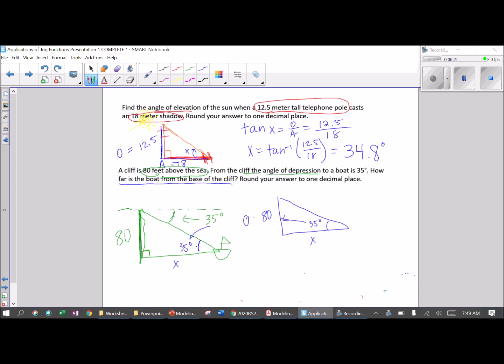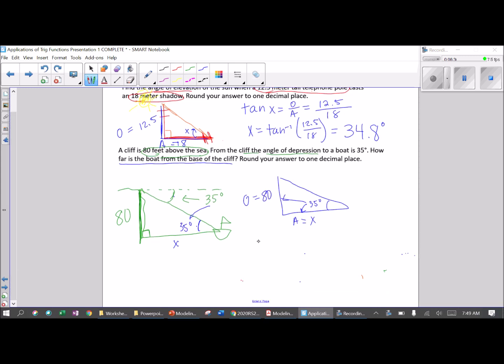All right, 80 is our opposite. x is our adjacent. The trig function we would use is tangent of 35 equals opposite over adjacent, which is 80 over x. Okay, tangent of 35 equals 80 over x. Now I told you when the x is in the bottom, you can actually